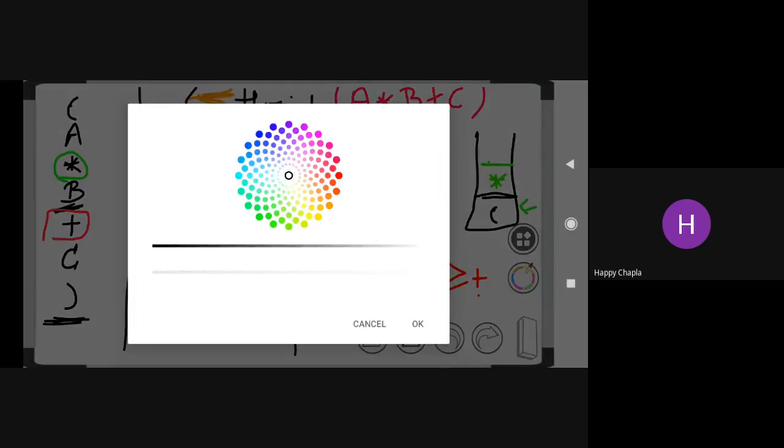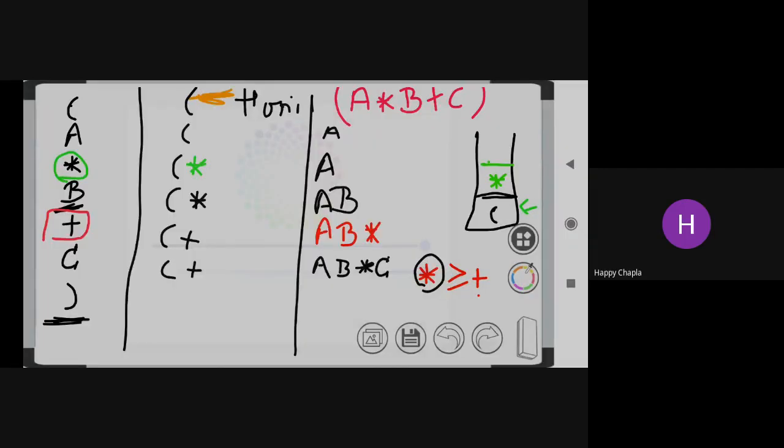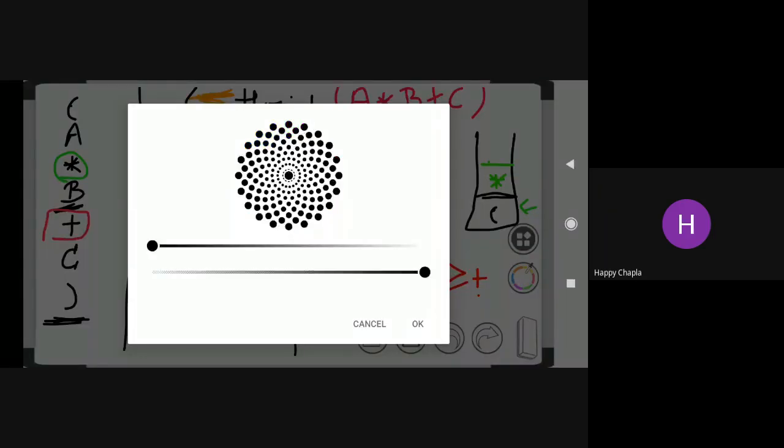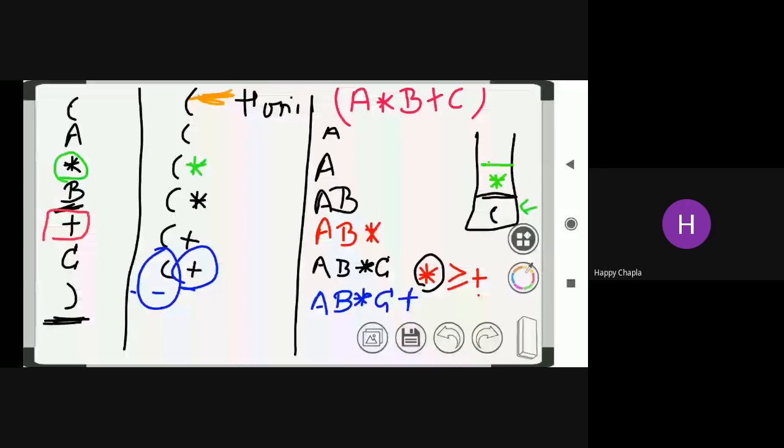Whatever elements are present in this stack, you need to pop out every element turn by turn till the starting bracket is encountered. So I am writing A, B, star, C as it is, and the first one in the stack is plus, so I am popping it out. Now I am encountering the starting bracket, so stop there. So this is the output.